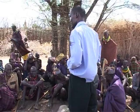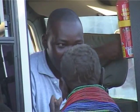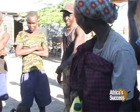In the first cases when we started, it looked like a joke. Most of them would just withdraw all their money because they wouldn't believe the system because they've never come across such a system. This is a sophisticated way of getting money, a sophisticated way in a way that you have to